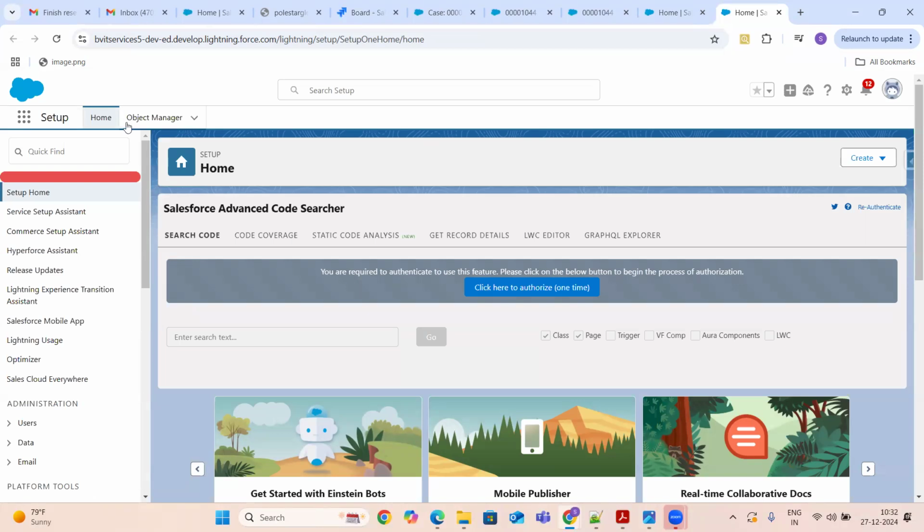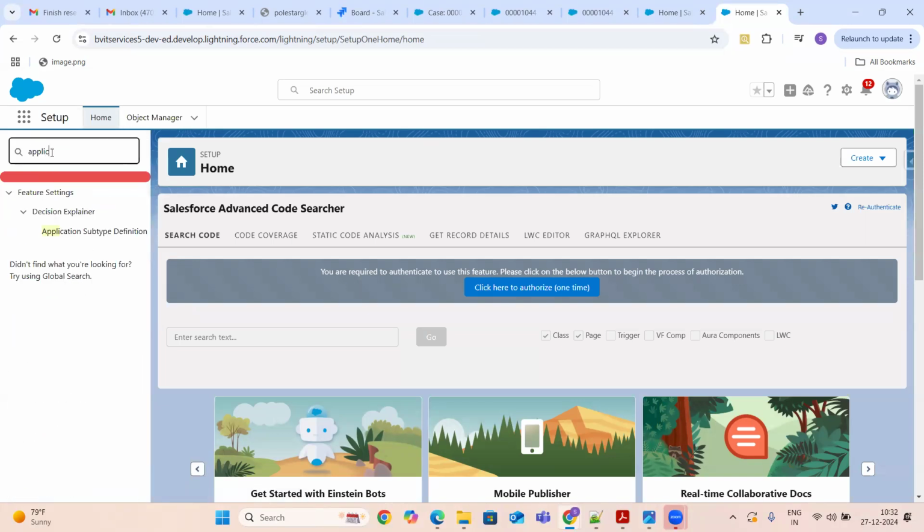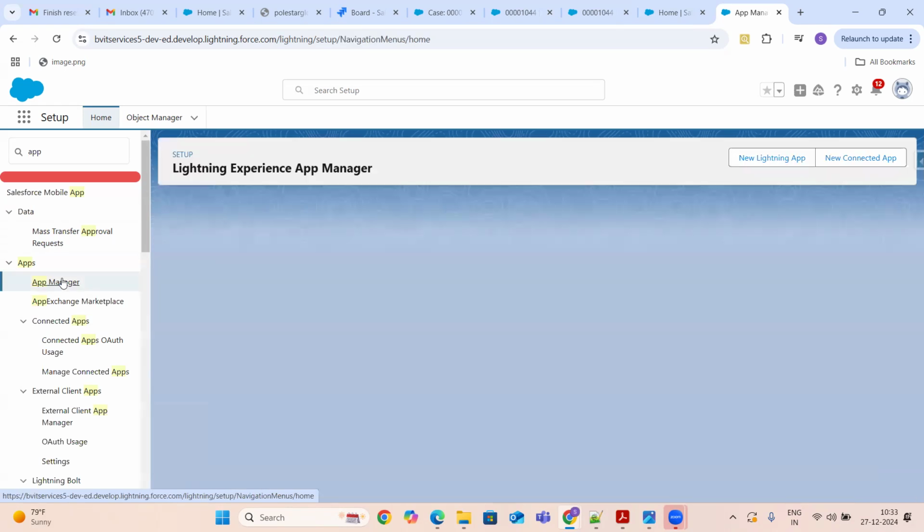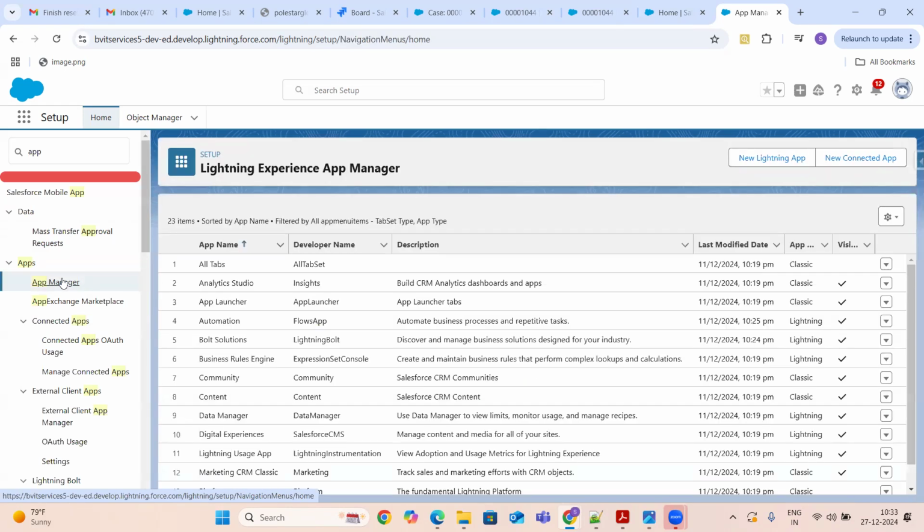Go to setup, quick find. There is an option called app manager. We need to click on that button, app manager. This is the place where you will see all your default apps.